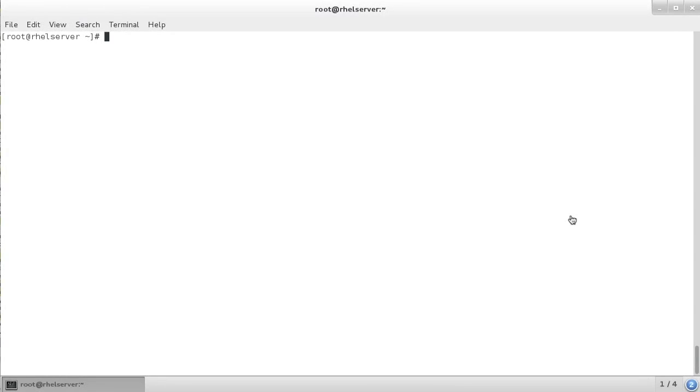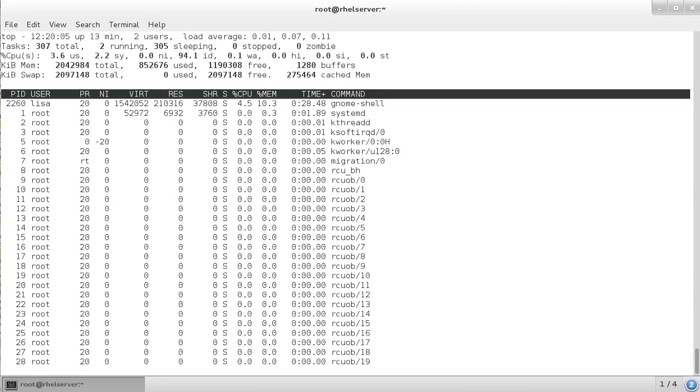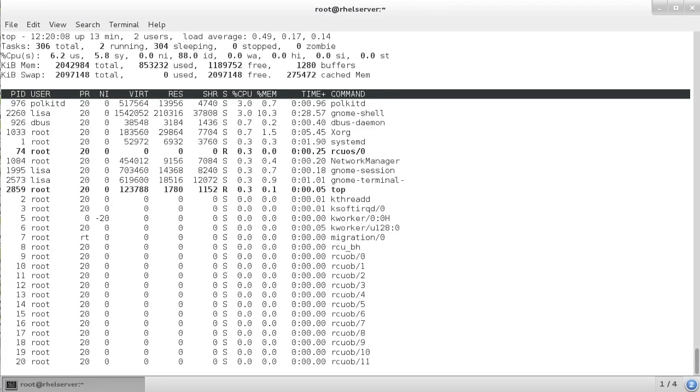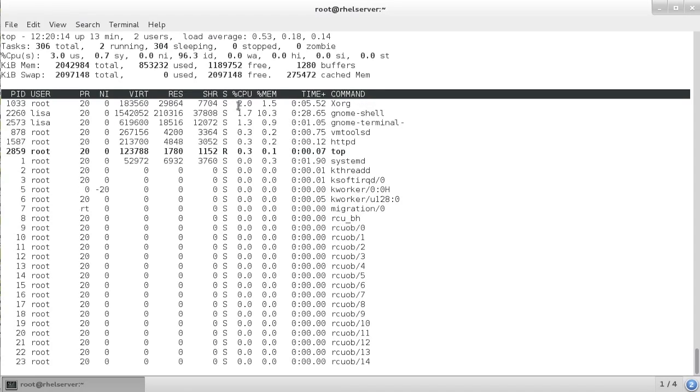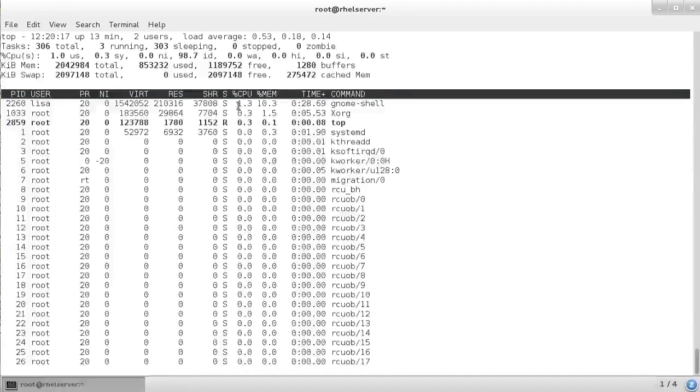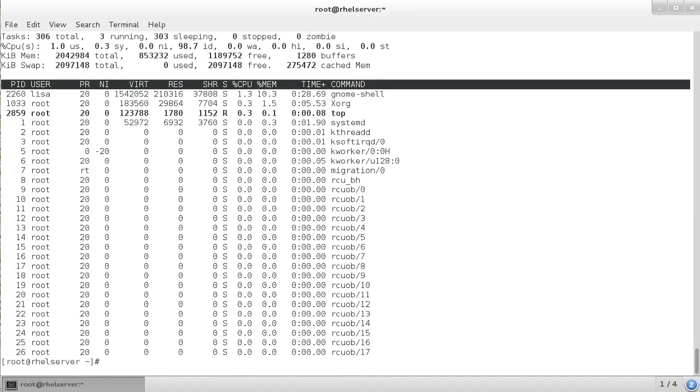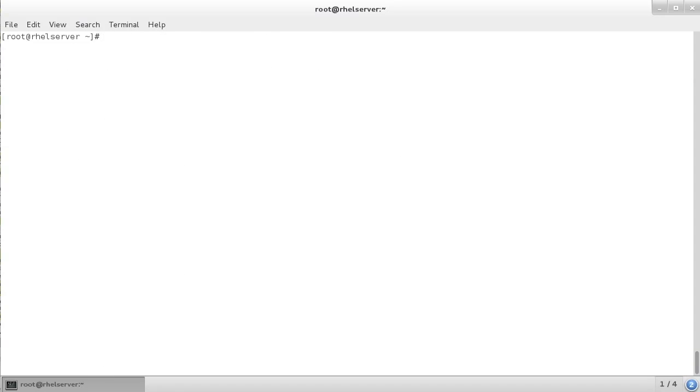For a real-time overview of what is happening on your system, you can use top. Top shows you a list of top active processes on a system. By default it is sorted on CPU utilization, so you can see the busiest process mentioned on top of the list. In order to make it a little bit more clear what is happening, let me just start a few